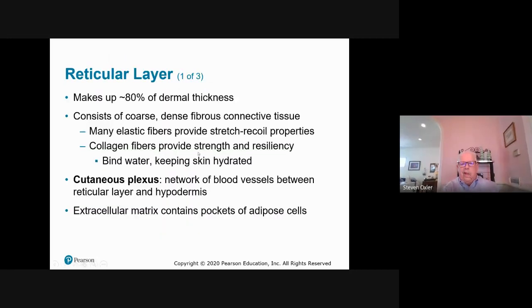The reticular layer. The reticular layer is basically the majority of the dermis. It consists of connective tissue, just like the papillary area. It really keeps the skin hydrated because it binds water. It also has cleavage lines, otherwise known as tension lines,